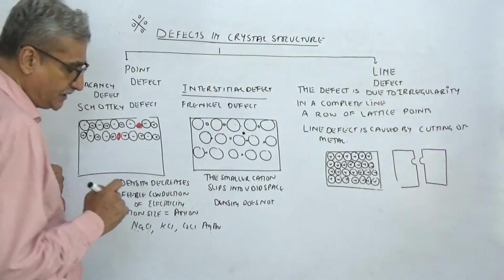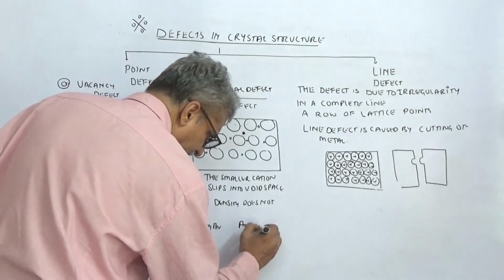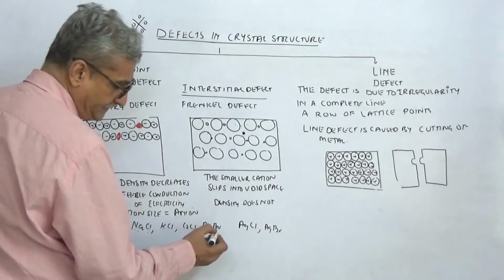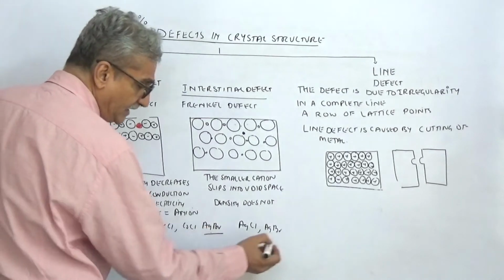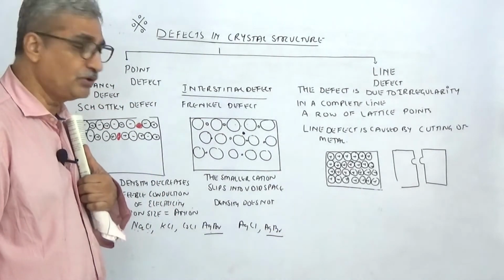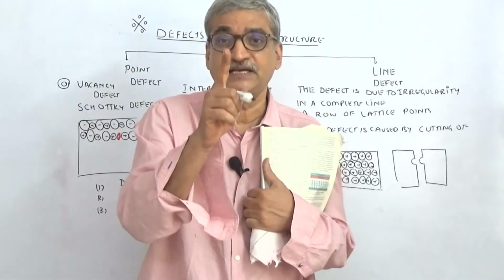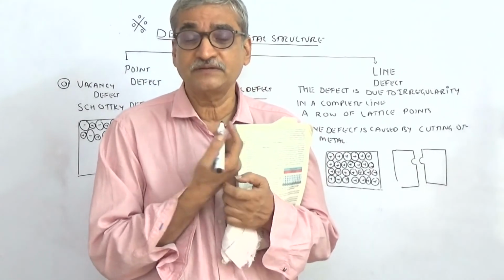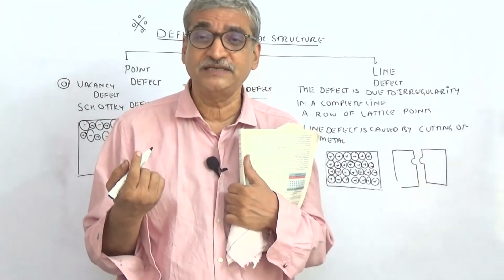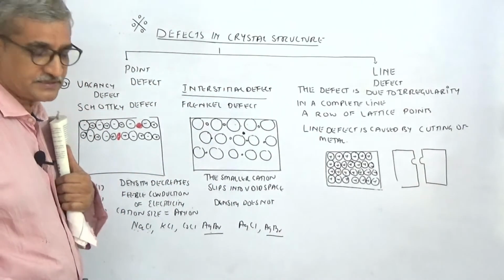conduction of electric current, and then example of this will be AgCl and AgBr. So here you can see that AgBr is one such ionic solid which can show both interstitial defect and Frenkel defect. This is a question which they ask, which is the solid which shows both Schottky and Frenkel defect. We have this one. This is clear.